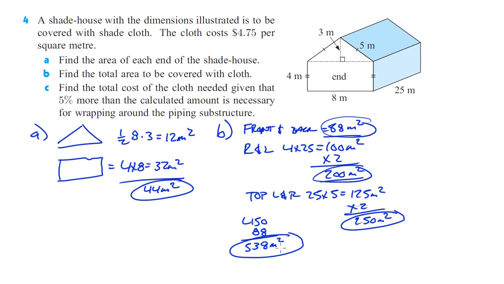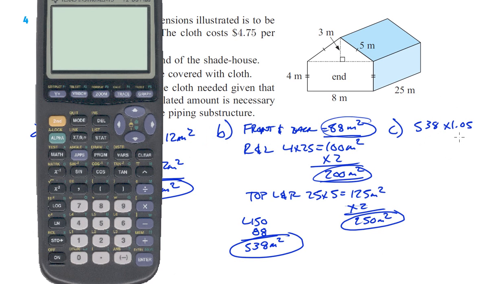Okay, so we got to take our 538, and we got to find 5% more than that. So let's just multiply it by 1, for the 100%, plus 0.05. That's the extra 5%, right? So if we do that, then we will be able to figure out how much total we need to buy. So we got 538 times 1.05 gives us that we need to buy 564.9. So let's just buy